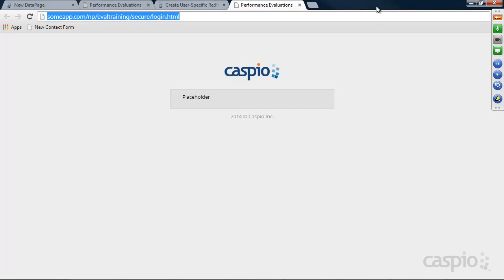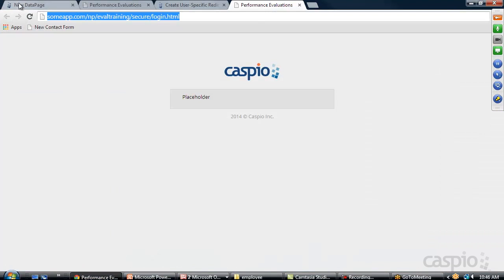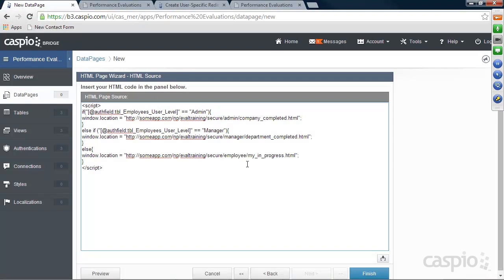Okay, so now let's go inside our Caspio account. Now let's paste that URL like this. And this is it. This is as complex as it gets. Okay, it's really not that overwhelming if you ask me personally. It's just copying and pasting, inserting the right field for user level access, and changing this to your user level